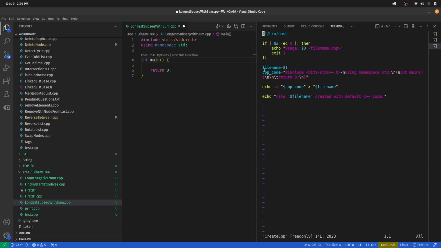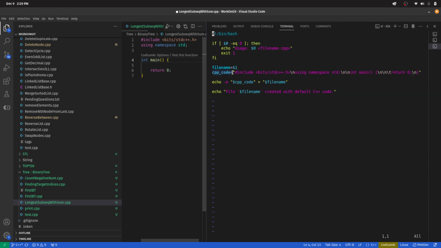Okay, that's it. Second is we'll have a variable file name, which will be the file name that we are going to pass along with the command. Third thing is what we are going to initialize. Now code.cpp, because this is a very small file, in case of Java or some other files in which we